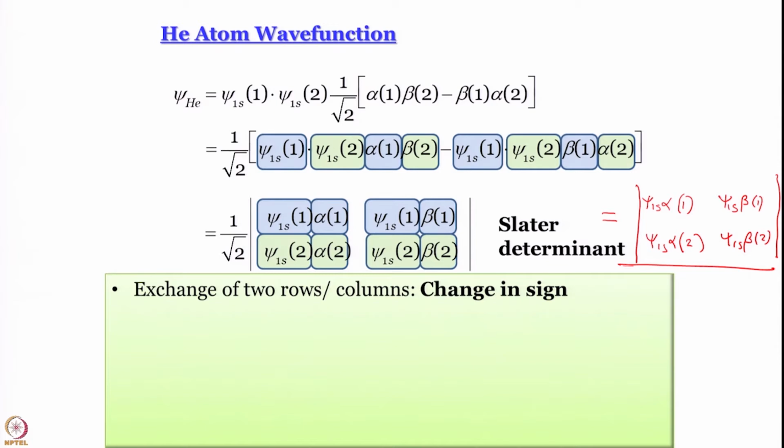Second thing, very elegantly something nice comes out. If you go back to the properties of determinants in mathematics, those of us who have studied determinants would know that if you exchange 2 rows or 2 columns, the determinant changes sign. Not very difficult to understand, because if you write A, B, C, D, the determinant is AD minus BC. You just interchange, and it is going to change sign obviously.